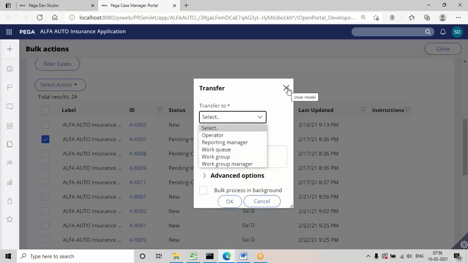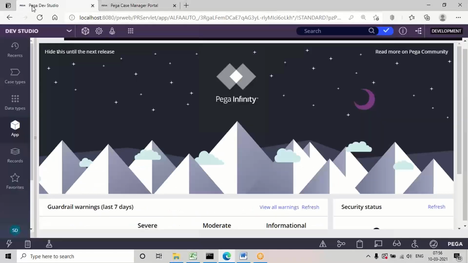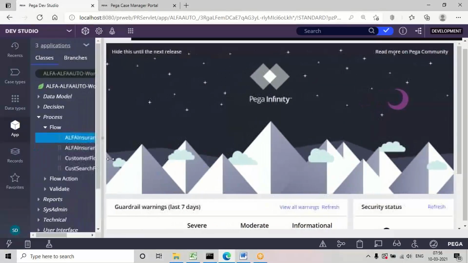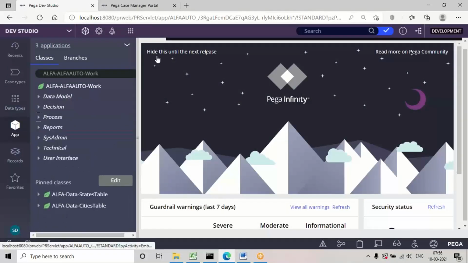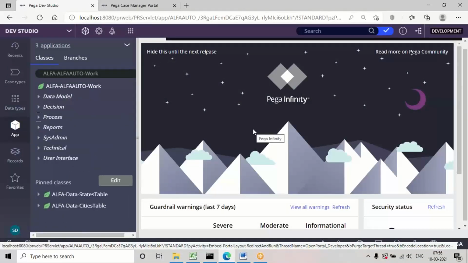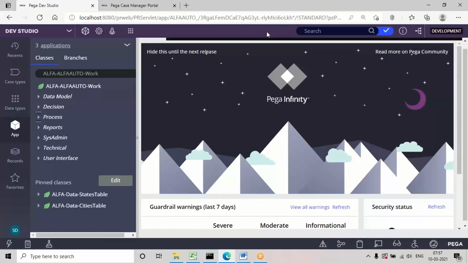So like that, we can apply it wherever, for any UI pages or for any assignment. If a routing requirement is there, then based on that particular requirement, we have to configure the operator IDs. So we have to configure the routing parameters. And continuing from this, there is something called service level agreement. I will discuss it in the next session.